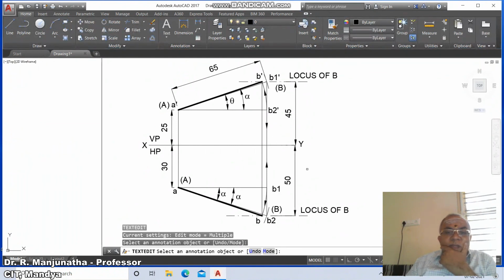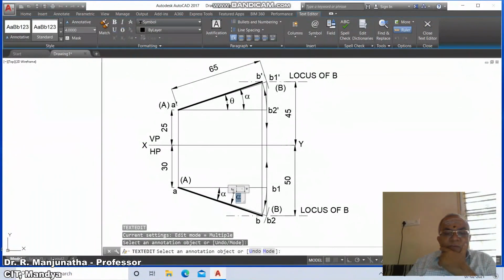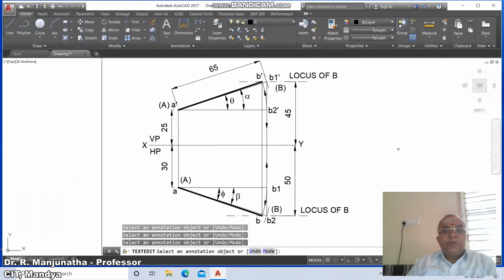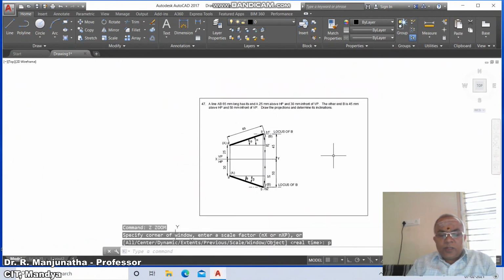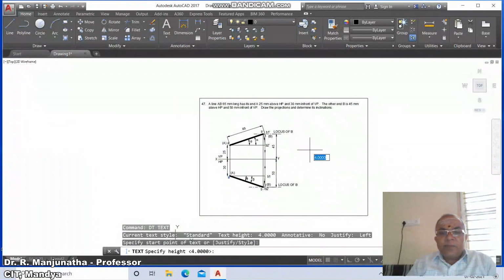theta. Then we have this line which is beta. Then you have this which is phi. Once you get this, you come out of this. Go to zoom previous. Then go to dtext and you type answers.